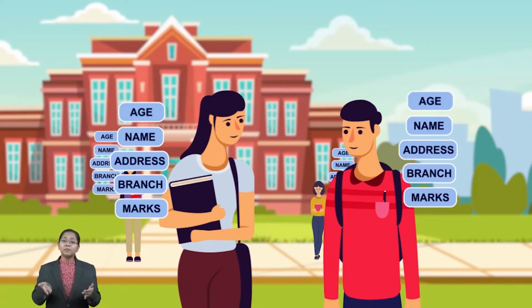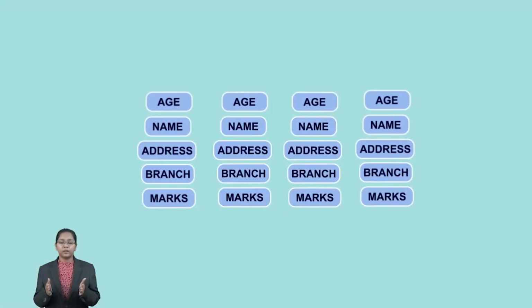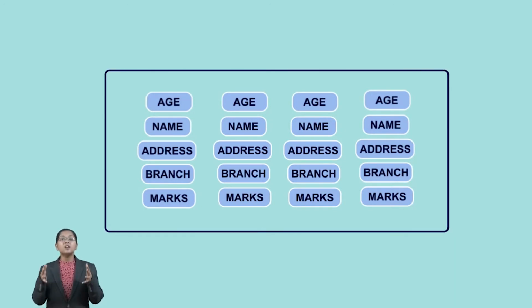So isn't this a much tedious process to do for each and every student? You know that the parameters are the same for every student, that is the mandatory parameters, but still you need to have a unique variable for each. Isn't this a tedious process to do, right? So for this, what will I do? What will be my approach? I will group all these parameters into one, and that one will be known as a structure.